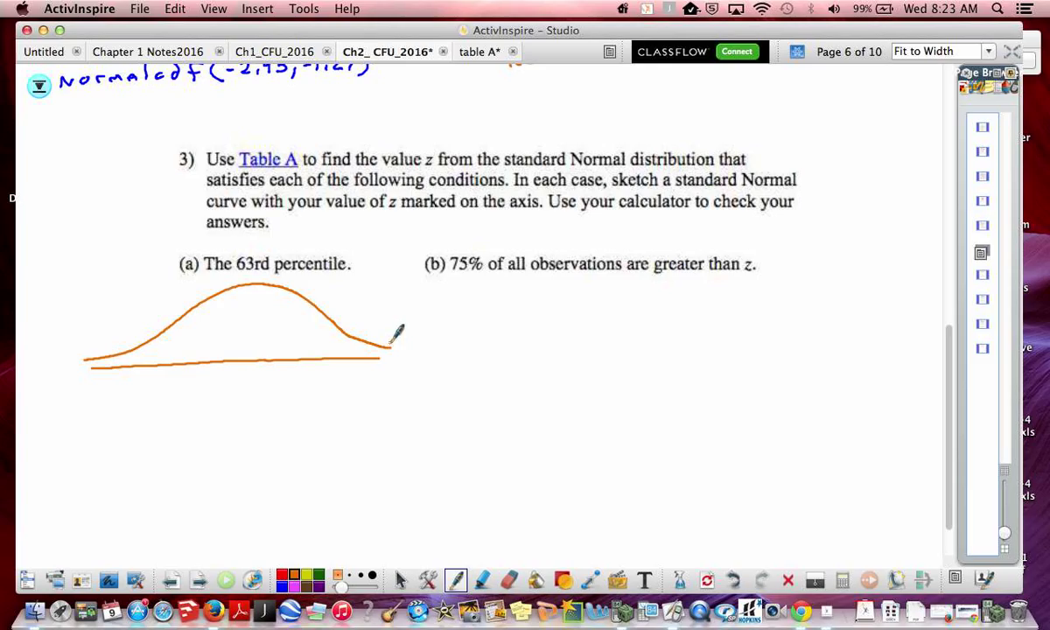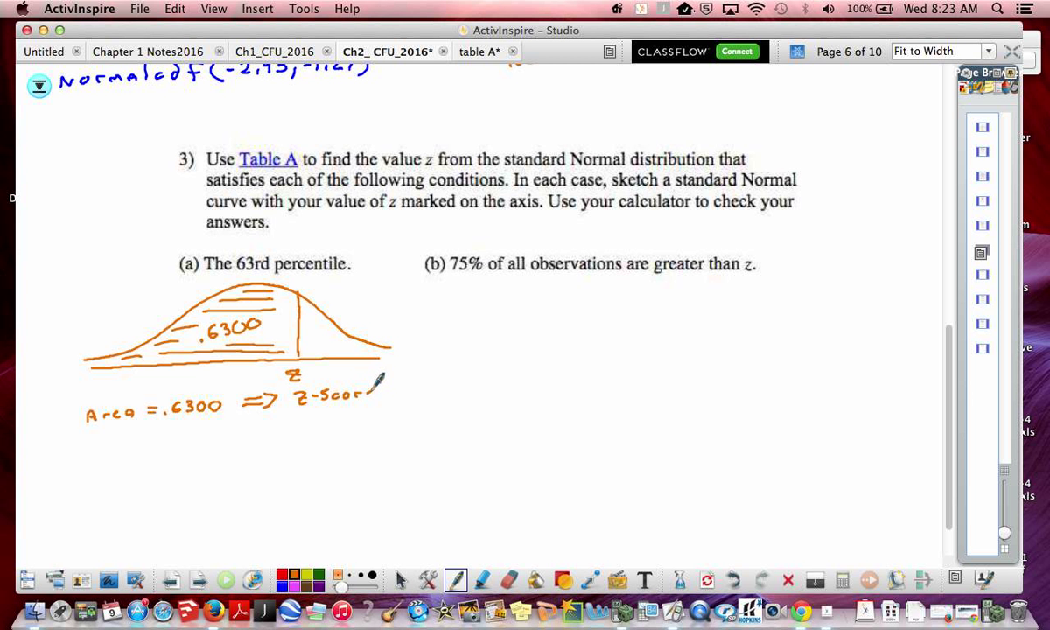So I always draw a normal curve, and here it says, what is the 63rd percentile? So I want to know basically what z-score corresponds where the area to the left is 0.63. Basically 63% of the scores are below what value I'm looking for. Okay? So basically what I know is I have an area that's equal to 0.6300. I want to know what z-score